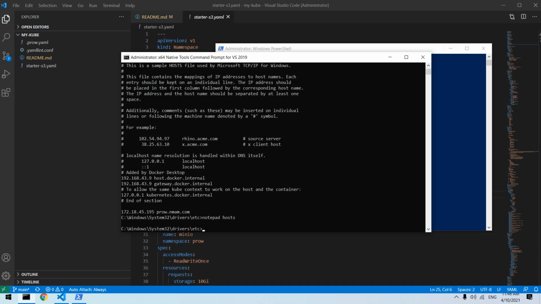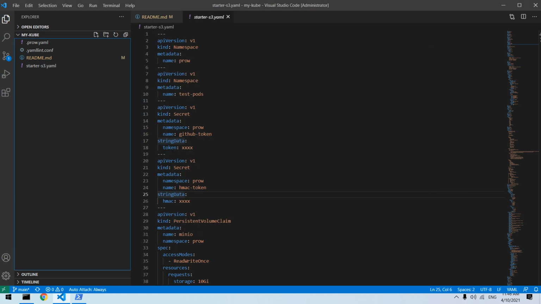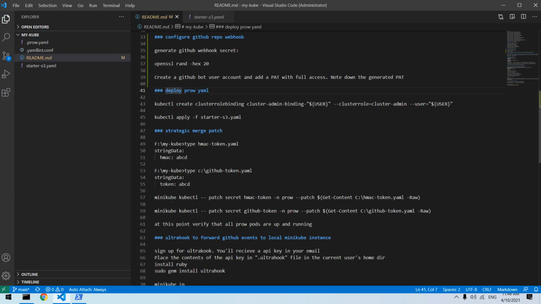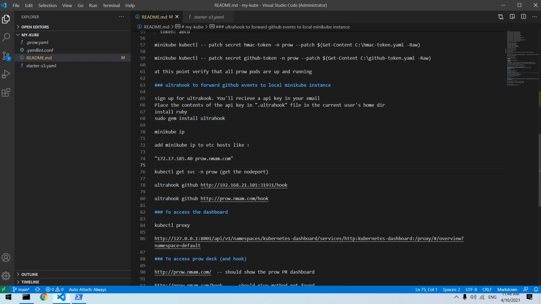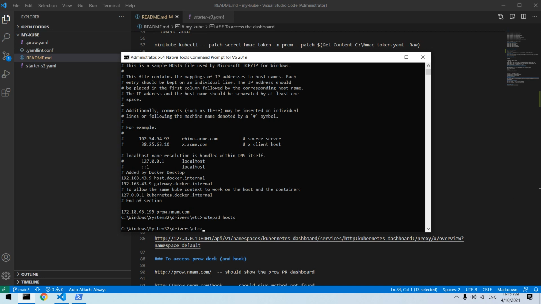Okay, and let's see the dashboard. So open the dashboard. To open the dashboard, we want to use kubectl proxy.